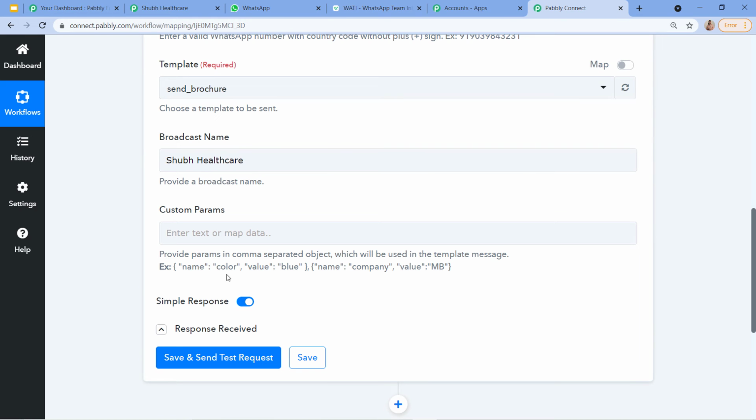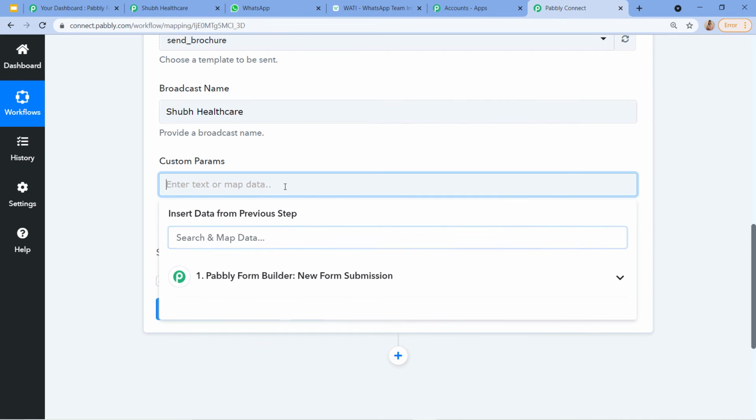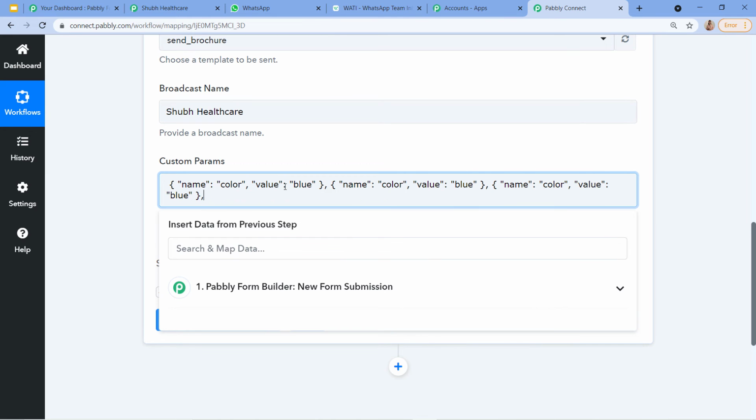Let's do one thing: in the help text, the format is provided in which we need to map the custom parameter. So we just copy this format once here, and then we are going to paste it 4 times to map the custom parameters. I just copied it and I'm going to paste it 4 times. 1, 2, 3, 4. Next I'm going to provide the name as well as the value of the custom parameter.